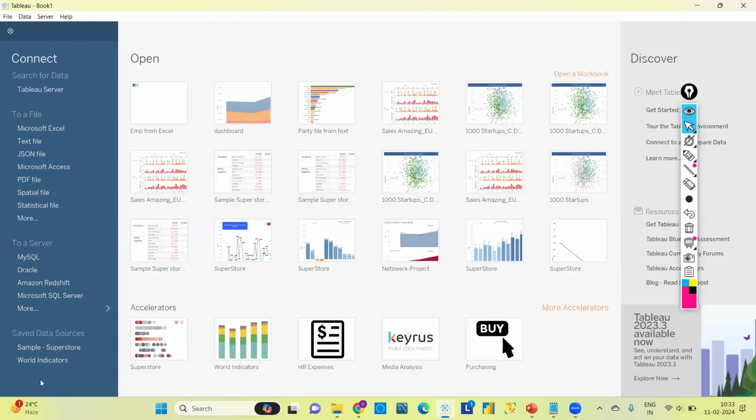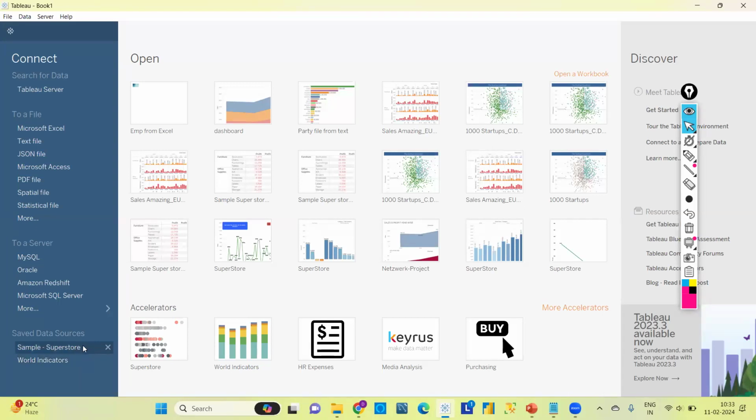And at the bottom, you can see saved data sources, right? Tableau provided two data sources for you for practice purposes. One is superstore data, like supermarket data.